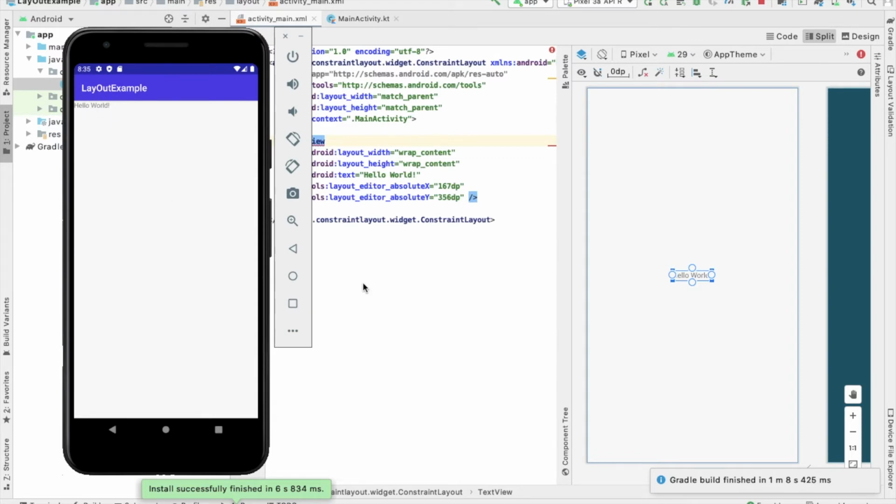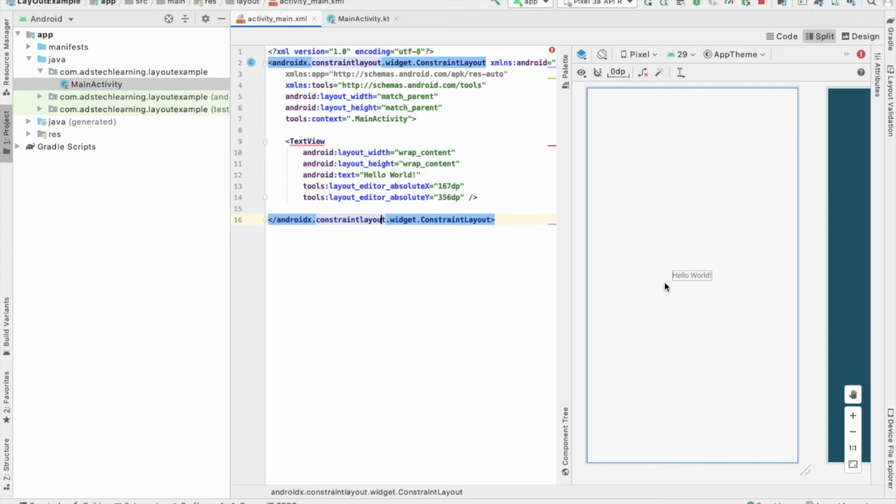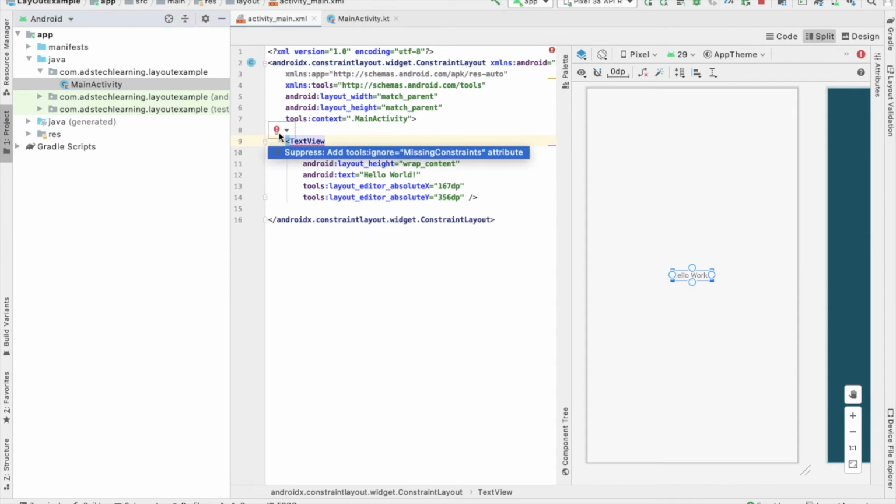That means here we have not set any constraint for this particular text view. So Android is giving a warning: missing constraint. That means you have not set any constraint. How to set the constraint?